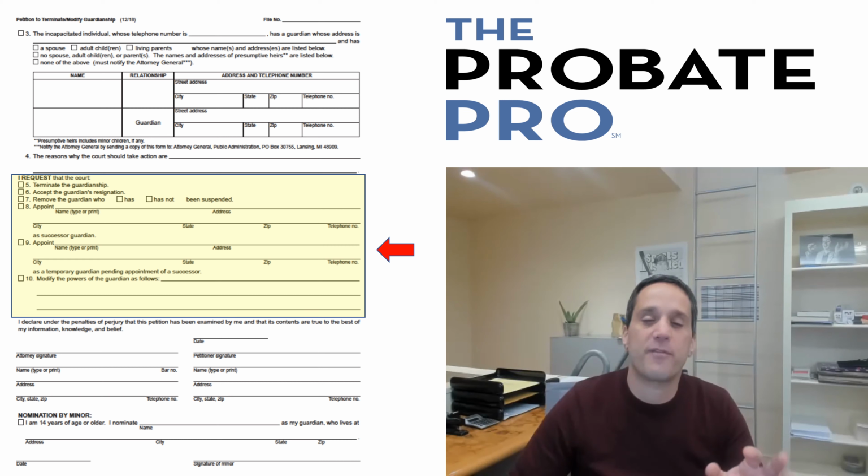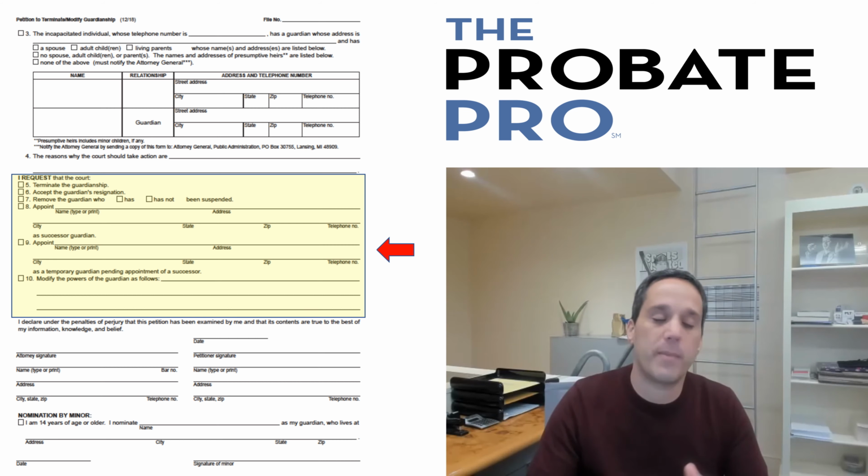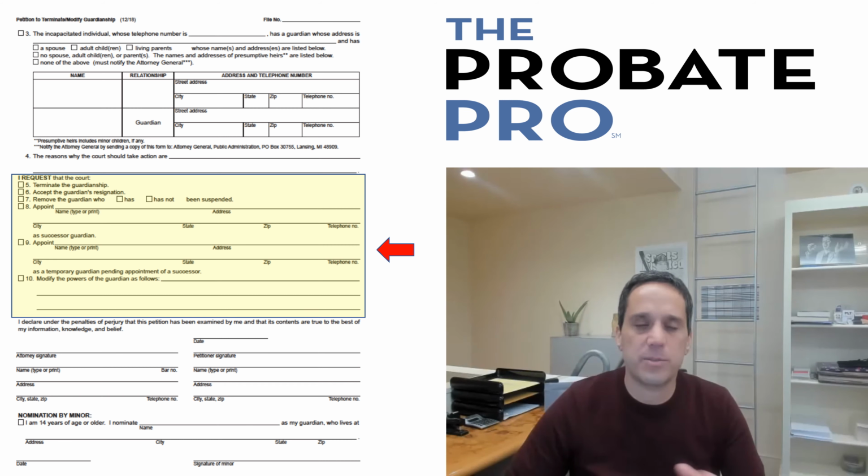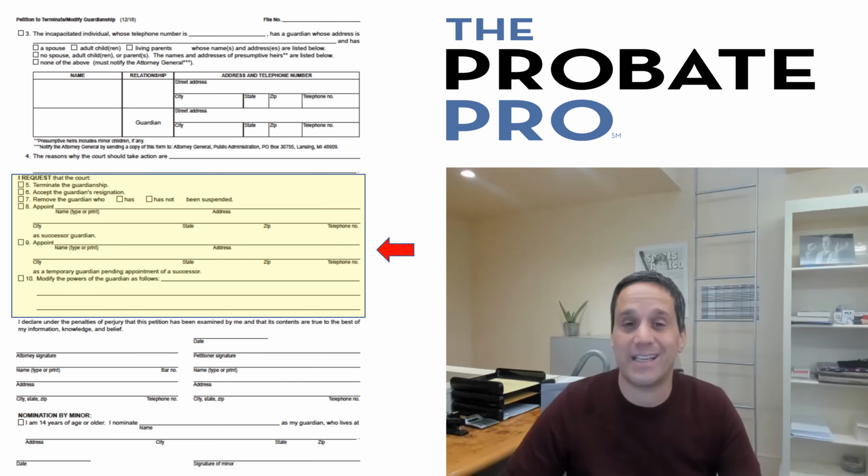So remember, the filing of the petition is really step one. This then gets scheduled for a court hearing. The court may appoint a guardian ad litem. The court may appoint an attorney for the ward under certain rules. And then there's a hearing in front of the probate judge of which the party or parties get to advocate and argue their relative positions. So it's important that, again, you fill out this section with great attention to clarity that you're asking to terminate